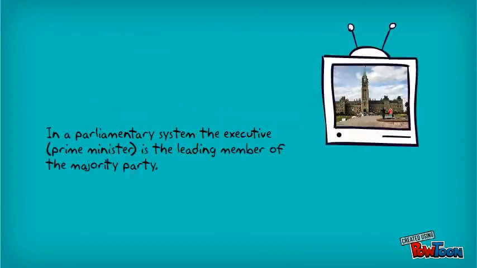In a parliamentary system, the head of the majority party becomes prime minister, meaning in a parliamentary system there is always unified government, and the party in control can push through its political agenda more easily.